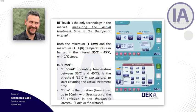Then, replacing the software, this is the interface that you can operate. It is quite intuitive, very simple, apparently complicated, but then very easy to set and to use. So we have the possibility to measure constantly the actual treatment time in the therapeutic interval, and then we have a temperature low and a temperature high, between 35 and 45 degrees Celsius, that can be adjusted in steps of 1